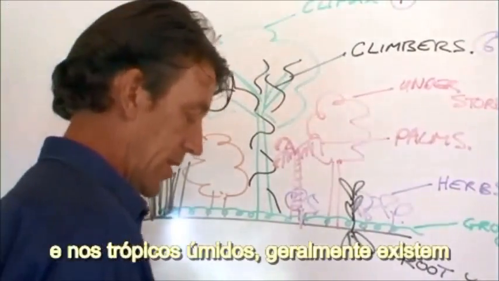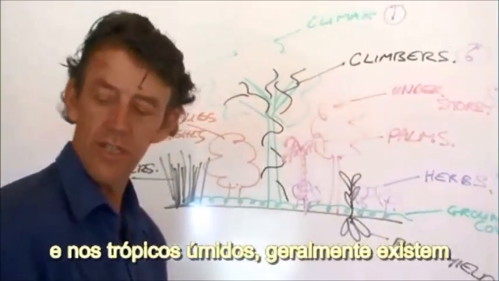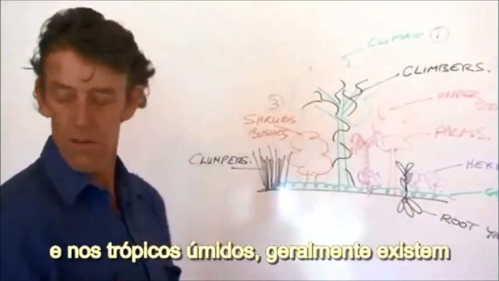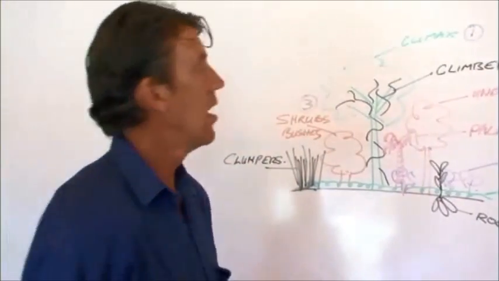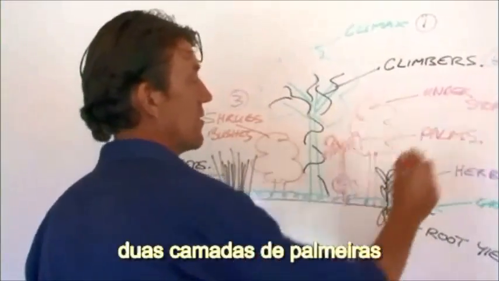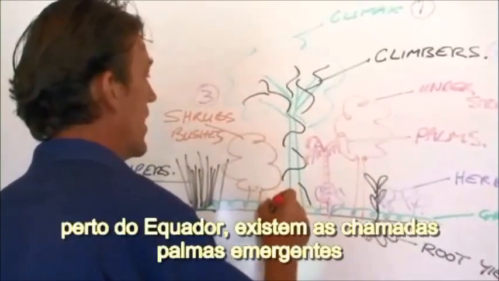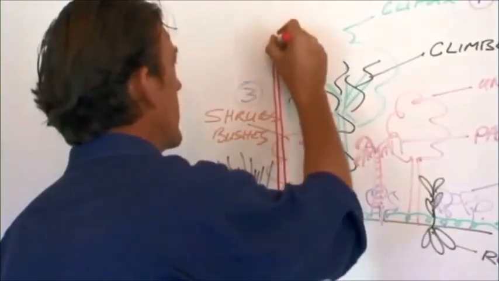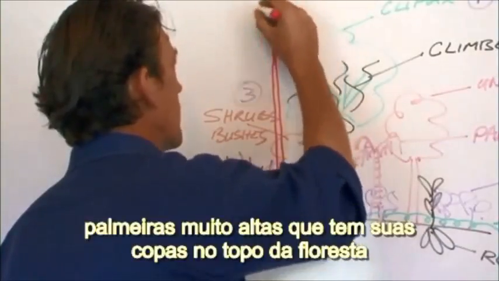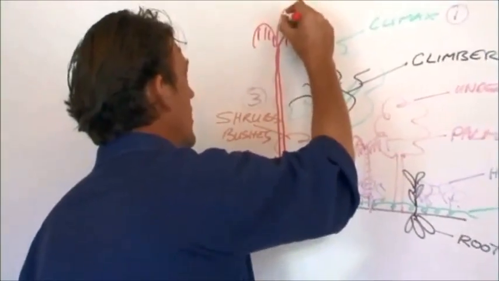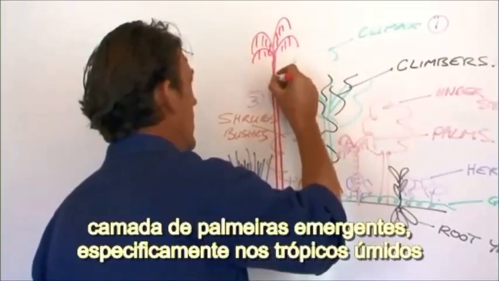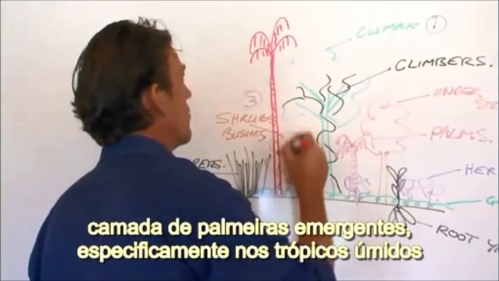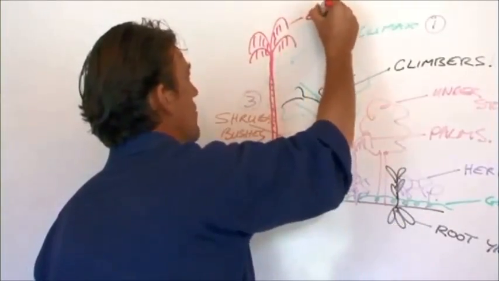And in the wet tropics, you can typically have 2 layers of palms. When you get near the equator, you also get what are called emergent palms, long skinny palms that stick right at the top of the forest. The emergent palm layer. Now that's specifically to the wet tropics, the emergent